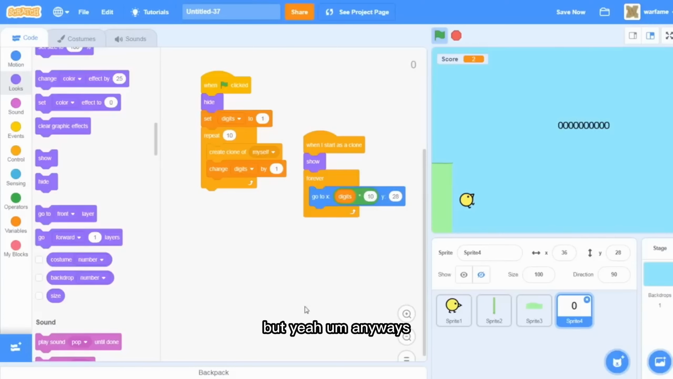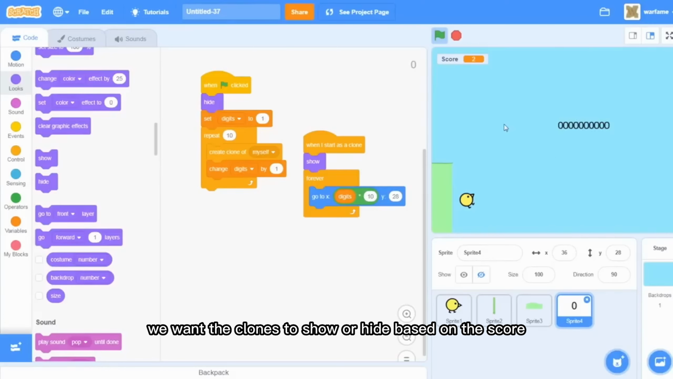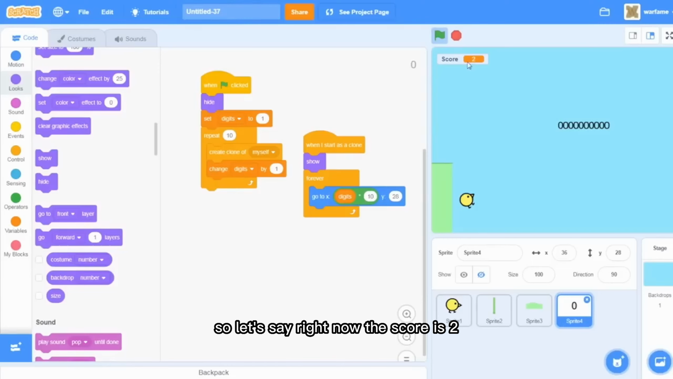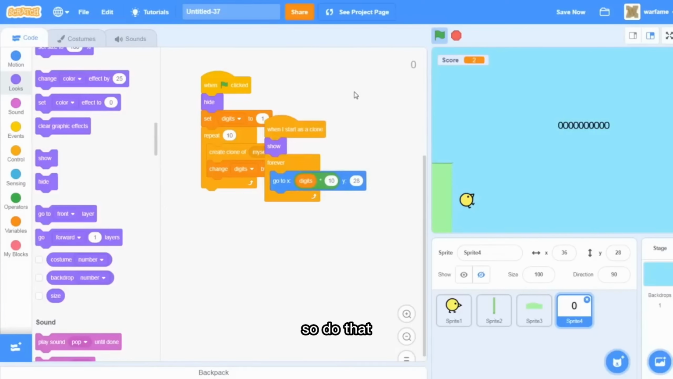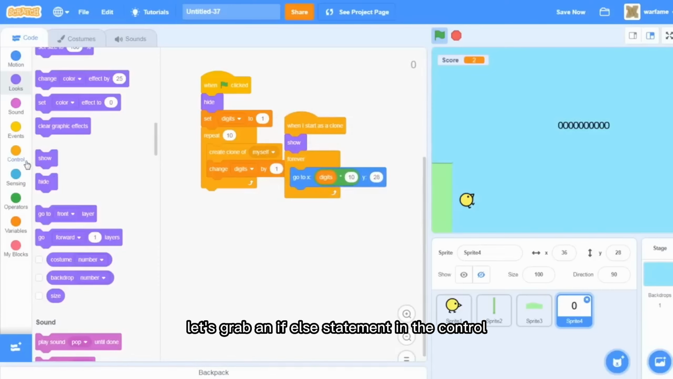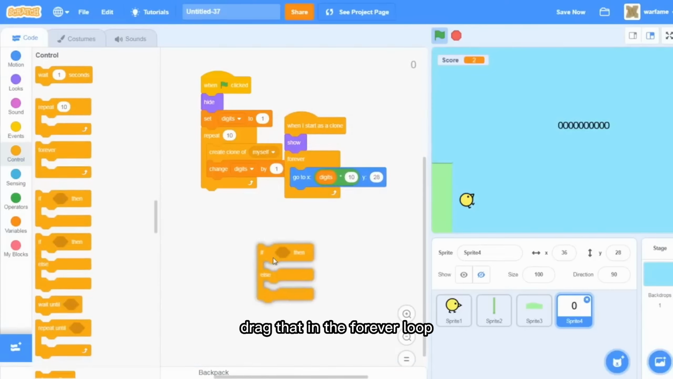But anyways, now we want the clones to show or hide based on the score. So let's say right now the score is 2, then we only want the ones place clone to show, or this one, and then we want all of the other ones to hide. So to do that, let's grab an if-else statement in the control, drag that in the forever loop,